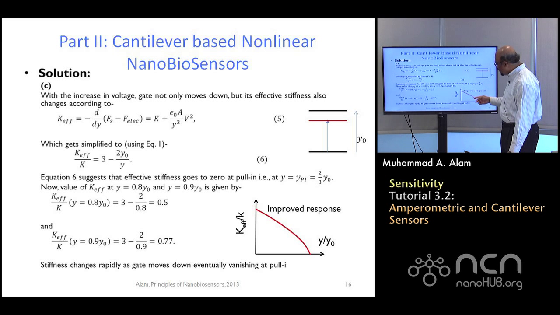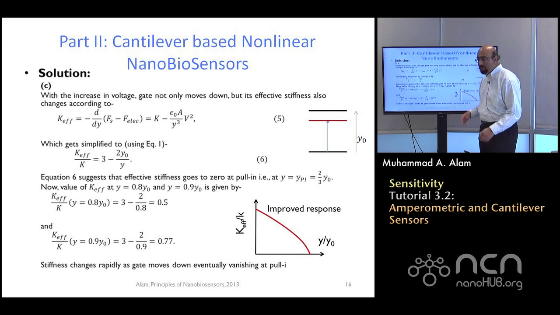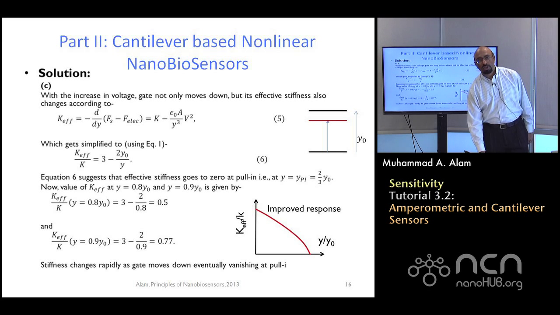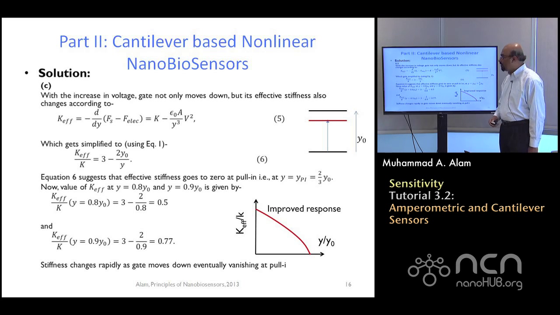So what we really want is that we want to sort of operate somewhere close to here. If you are operating with a little bit of bias in here, then you will not get significant enhancement in the sensitivity. So therefore, working out this example tells you how close to the pull-in point you have to bias. Of course, if you are too close, then you can be pulled in. So you don't want to be exactly at 2/3 y naught. A little bit in the back, that should be good. So this is the purpose of this design. But the example will help you decide at what point to bias this particular flexure.